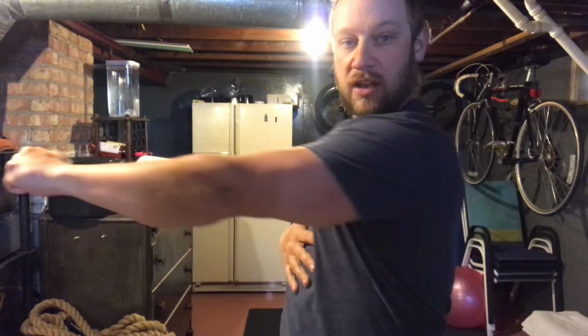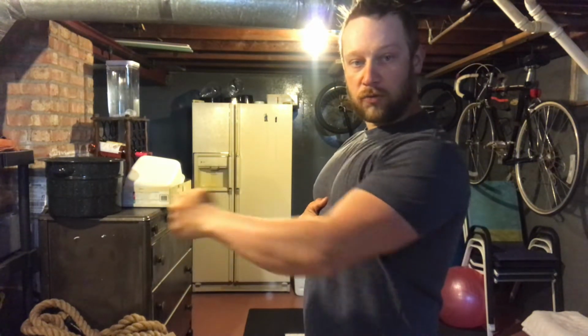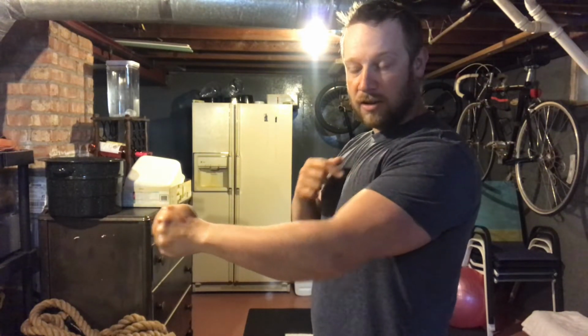So what I'm doing by overextending, versus if you do a proper dumbbell press with weight, you want to take from here and flex. So from here to here, you just want a good flex in your chest. What I'm doing is a range of motion thing. Being on the ground, I can't overextend like I would on a bench. But by doing it this way, where you overextend, which is pushing your shoulder forward,